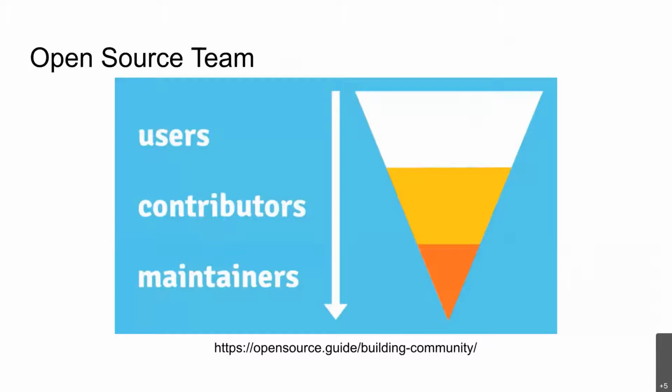Contributors are the ones who might come and contribute by reporting a bug. They might contribute by writing a help document, or they might contribute by just fixing a bug. And then it further distills down to maintainers. The difference between a contributor and a maintainer is that a contributor might be transient, right? They'll come and go. Maintainers are really the ones involved in the project. They own it. They have that sense of responsibility for making sure that the project progresses.